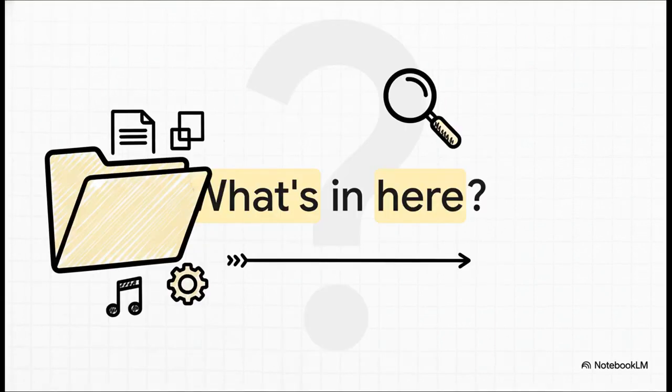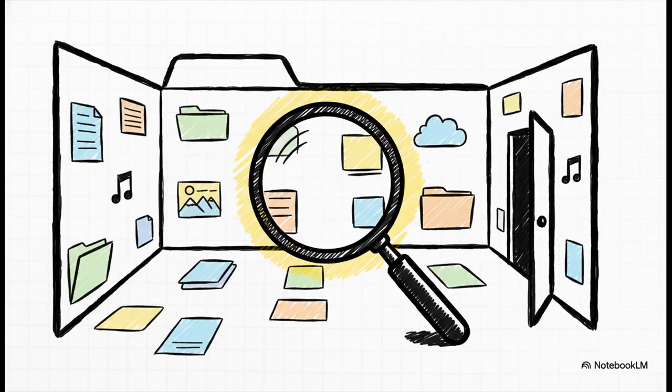Okay, great. So you know where you are. The next logical question is, what's around me? What files, what folders are in this spot with me? For that, you use another super simple command, ls. It just means list. You type ls, hit enter, and it shows you everything in your current directory. It's like looking around the room you're standing in to see what's what.